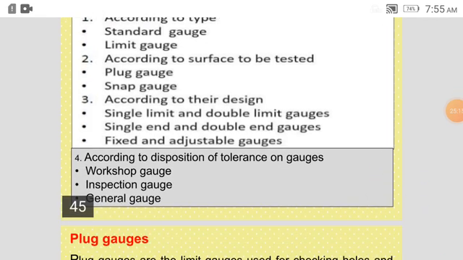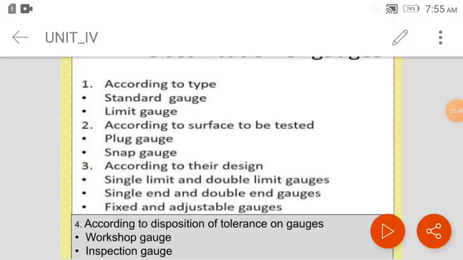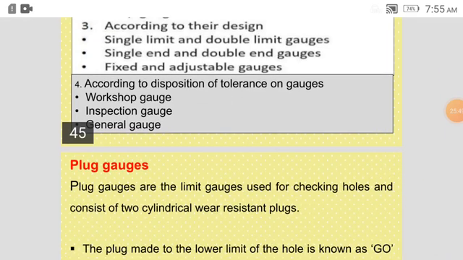These gauges are required to check the external dimension and internal dimension, so shaft and hole, because in every assembly we find a male and female part. So holes are to be checked, whatever the cross section, which can be triangular, square, rectangular or round, and the male part, meaning the shafts, can also be checked with the help of the gauges. According to this, the gauges are classified, and this is the classification. We'll see the details of these gauges next time.